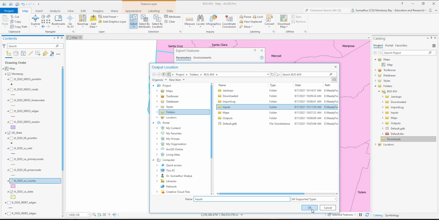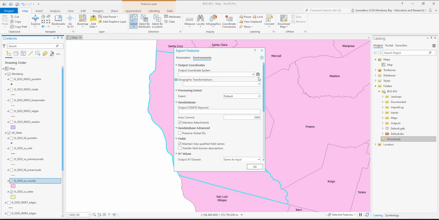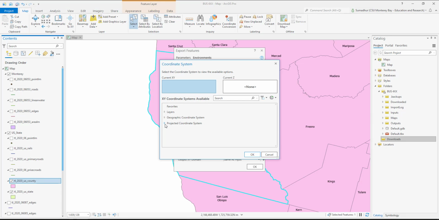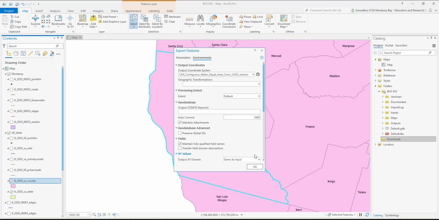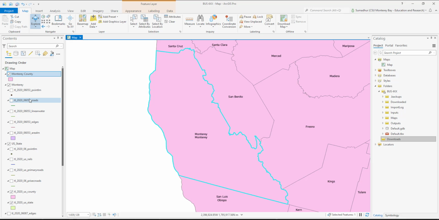input. Output name is Monterey County. Environment is, maybe I should just show, okay, continental, North America, USGS, conic. Okay, yes. So now I'm gonna clear the selection,